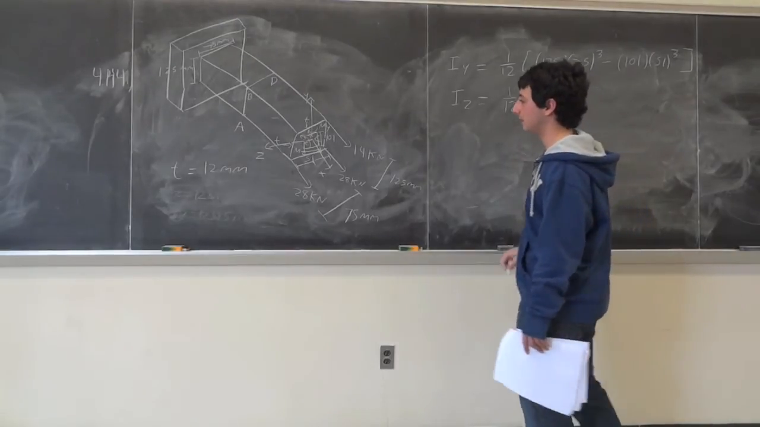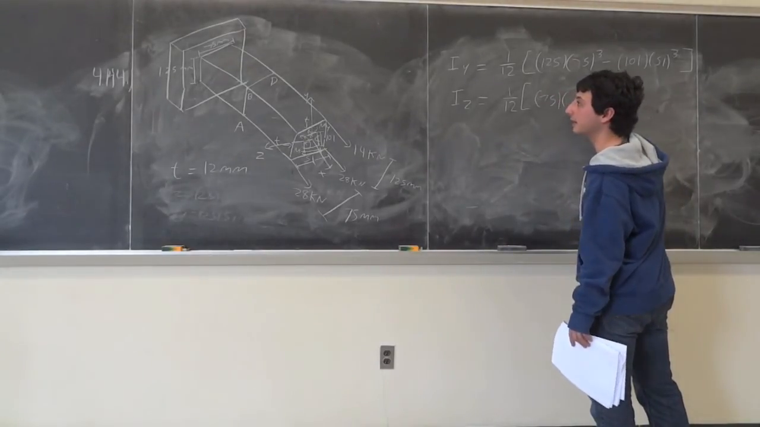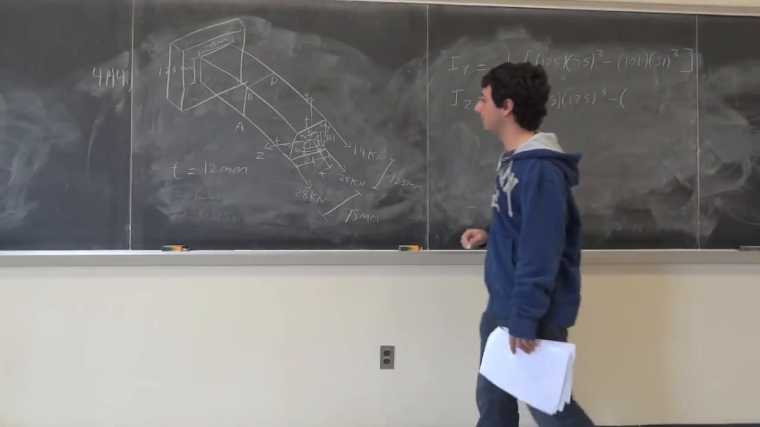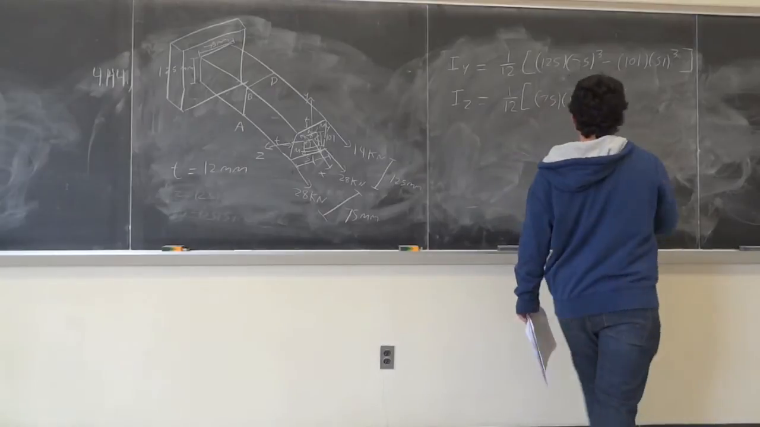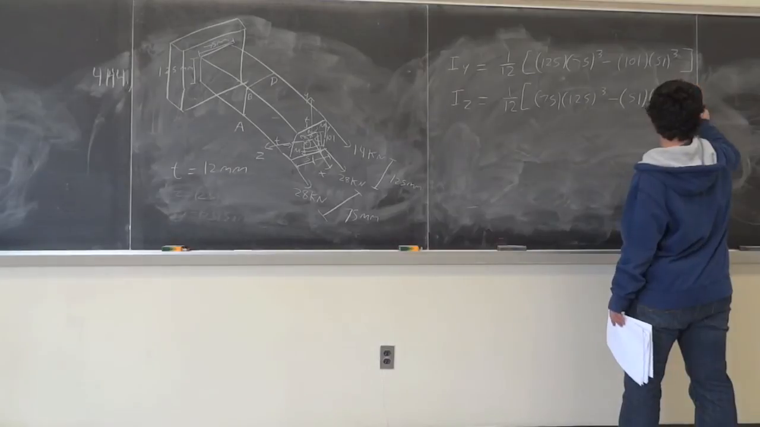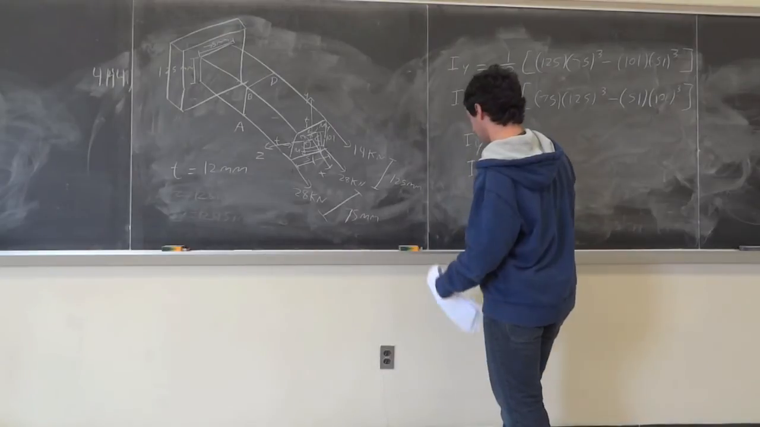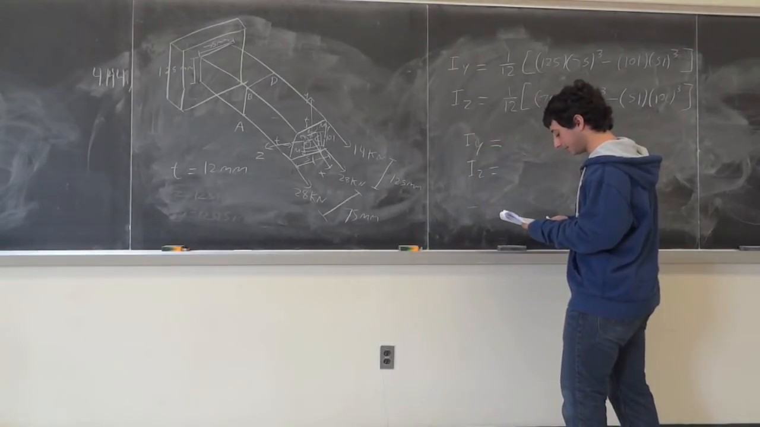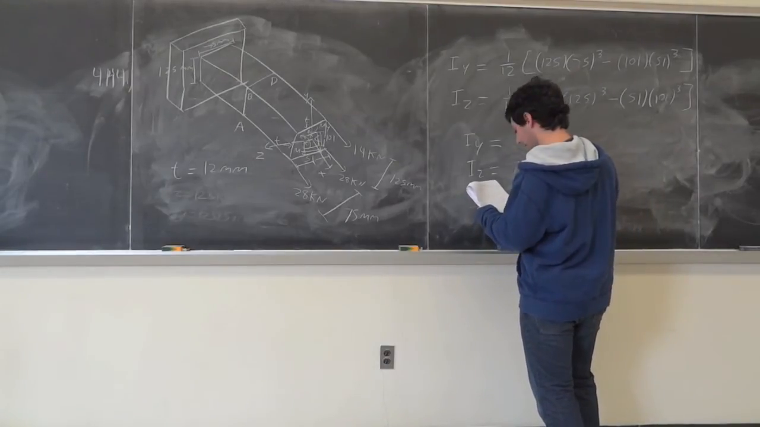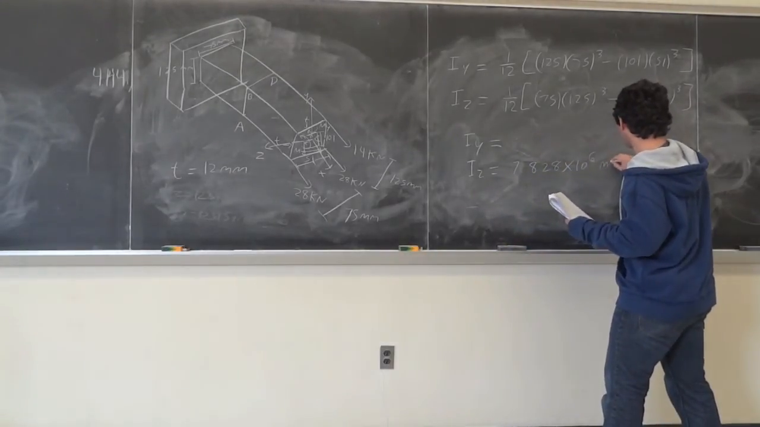1/12 times, okay, we got 75 multiplied by 125 cubed minus, what do we have now, 51 multiplied by 101 cubed, okay? So Iy is equal to, and Iz is equal to, okay, so Iz is equal to 7.828 times 10 to the 6 millimeters to the 4th,